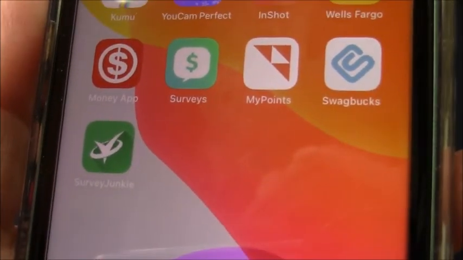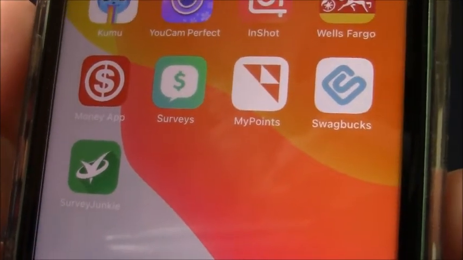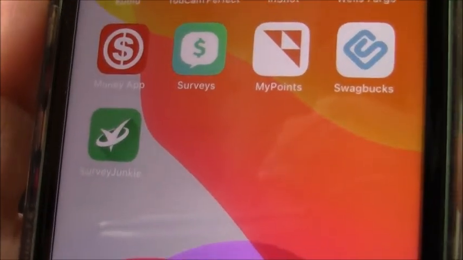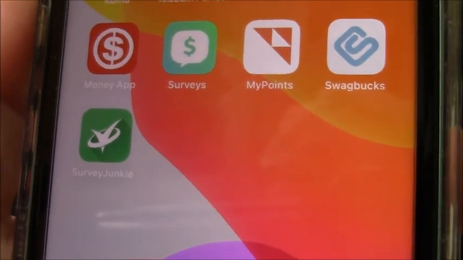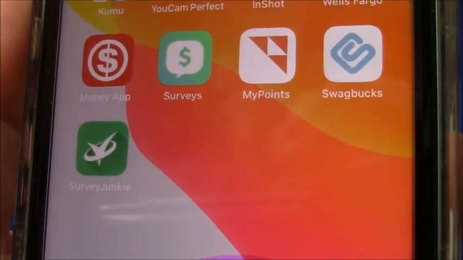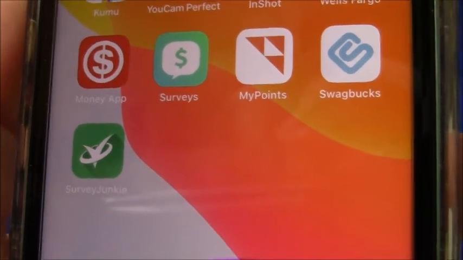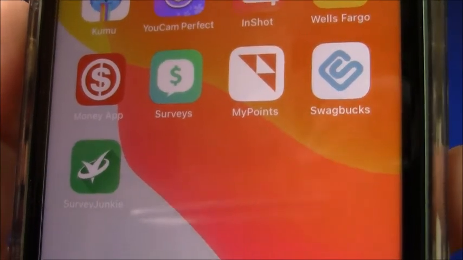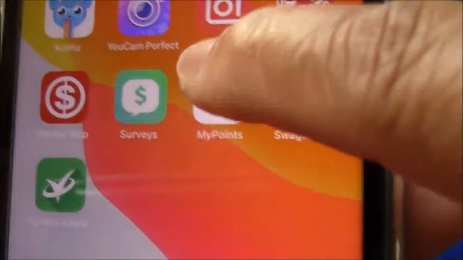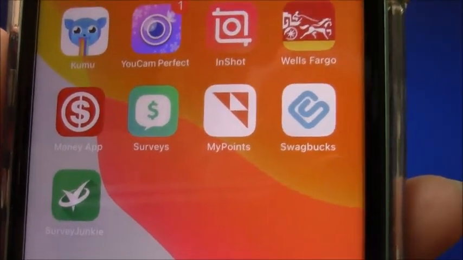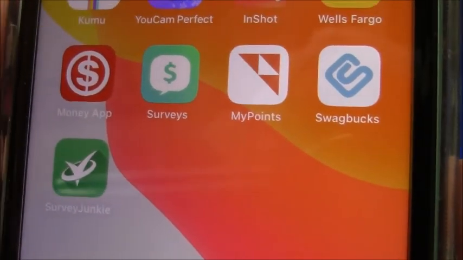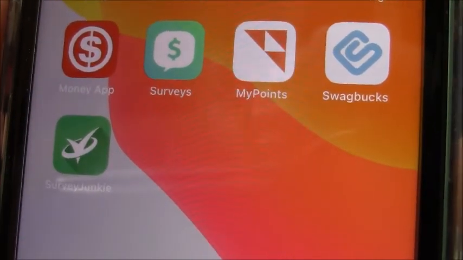Okay guys, here are the 5 apps I'm talking about. When you say money apps, make sure it's like that. It's a money sign, and then there's points, My Points, and then there's a swag box. Make sure it's like that, because there are so many online.